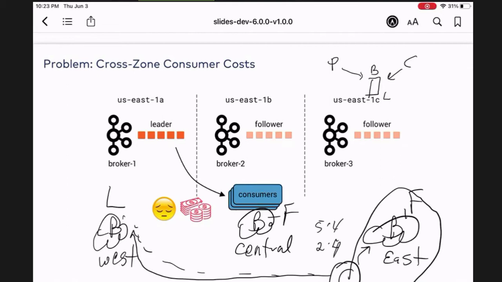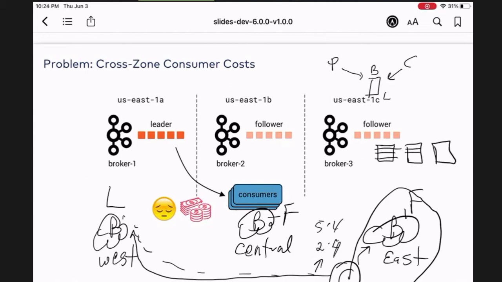But now, as of this Kafka version, we allow the consumer to communicate with a broker in a different location. To be able to do this, all of these brokers need to have the broker.rack property. Imagine that you are in the data center and you have racks.